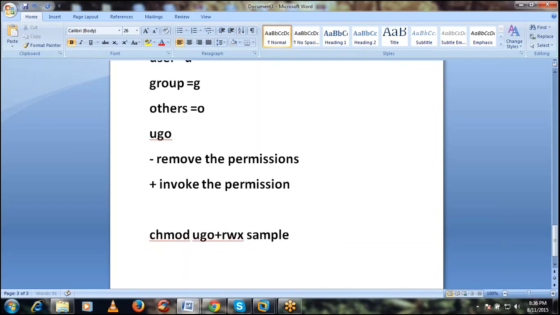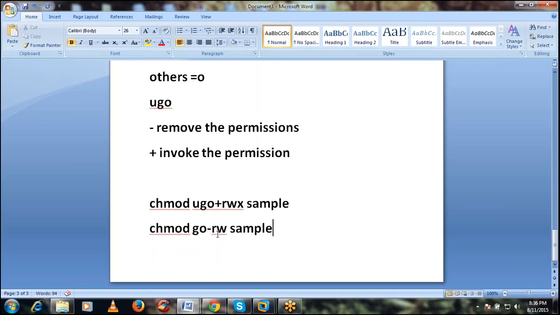chmod GO minus RW. What I'm doing here, what is the meaning of this command? Removing the permissions, right? Read and write from the group and others.